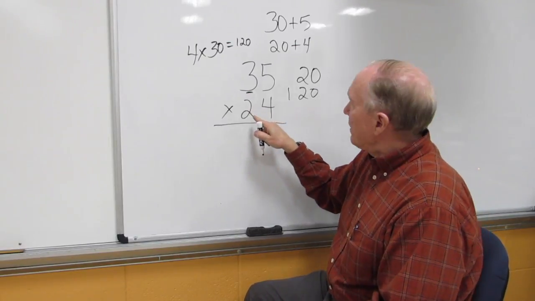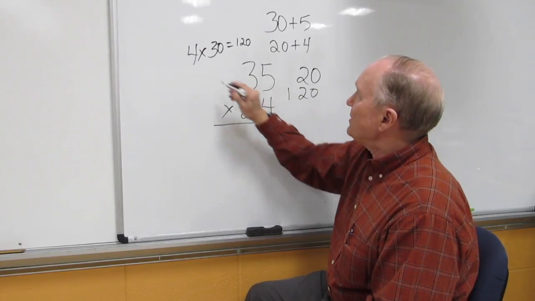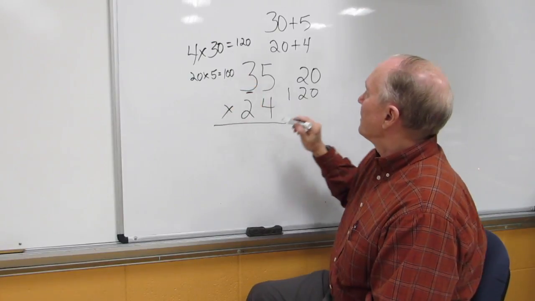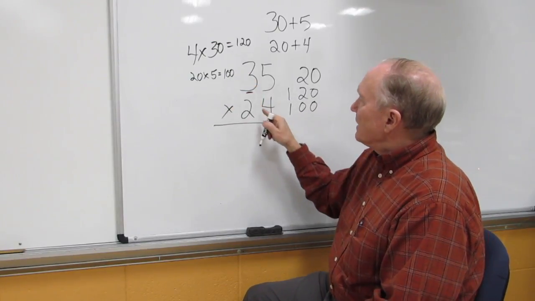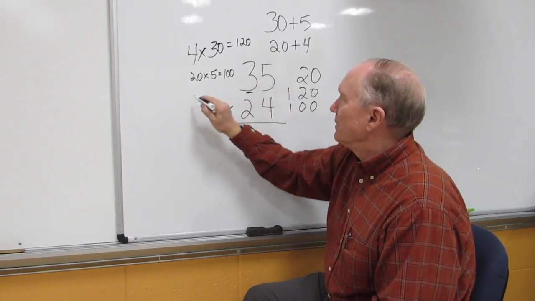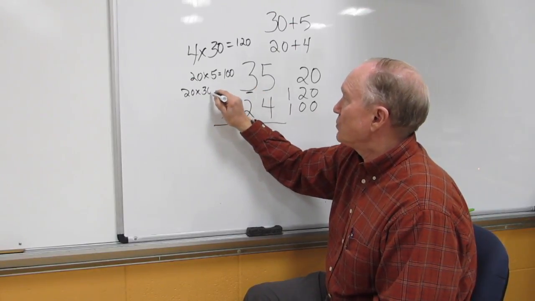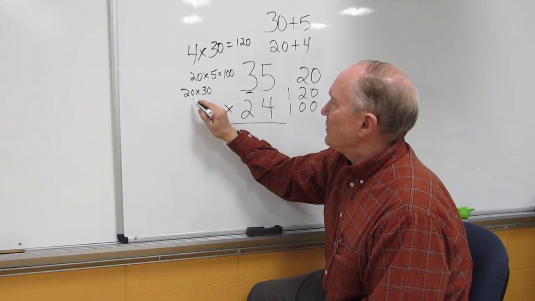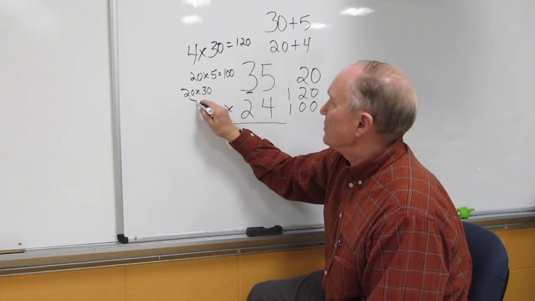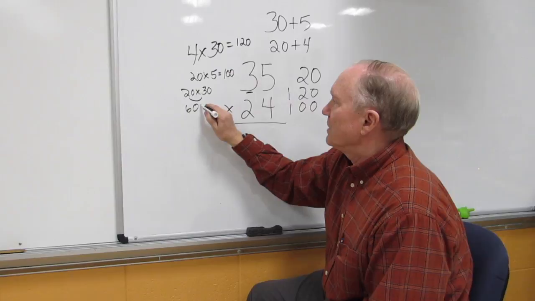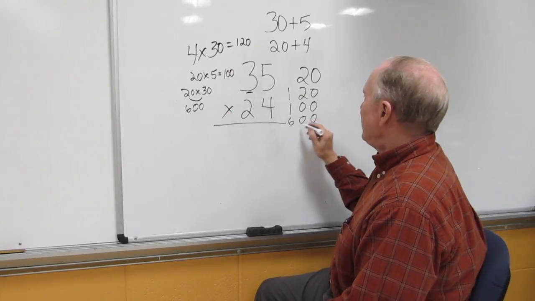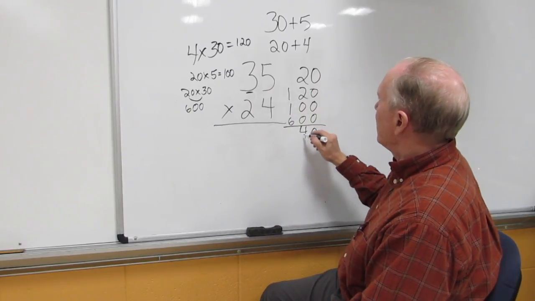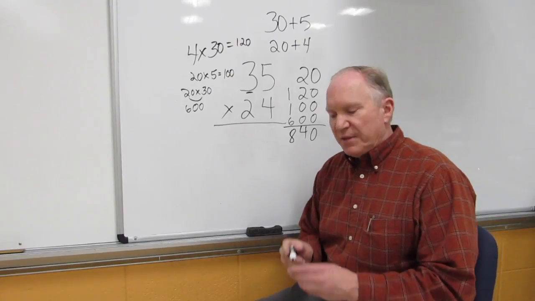Then you've got to go over here and say, well, I'm also multiplying 20 times 5. Well, what's 20 times 5? Well, it's 100. So we put down 100. Now we're doing 20 times 30. That's really what we're doing. So 20 times 30, the easy way to do this, you could do any number of ways, but you do 2 times 3 is 6, and then you can just add those 2 zeros after it, which is 600. And yeah, they do know why we can do that. Now we add it up. So we wind up with the same answer,